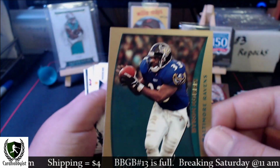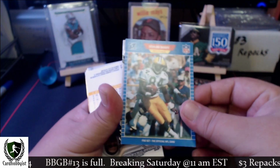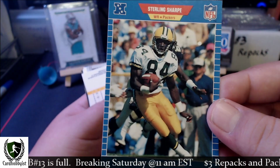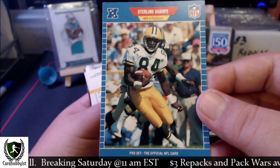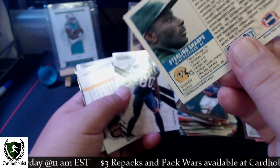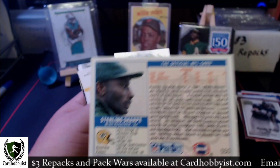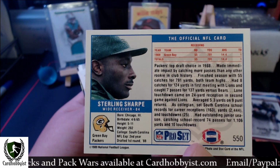Here's a Byron Morris. Here is a Sterling Sharpe. Sterling Sharpe. Had a conversation about him the other day, saying how this guy was possibly a Hall of Fame wide receiver. Looks like a second-year Sterling Sharpe, if I had to guess. But